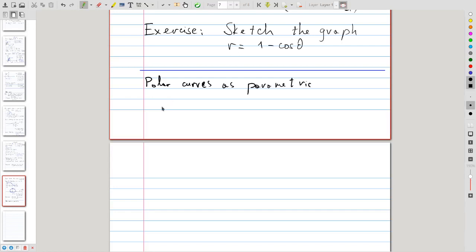Let us now relate what we just learned about polar curves to what we learned previously about parametric curves by showing that any polar curve can be thought of as a parametric one. So recall that by the conversion formulas,